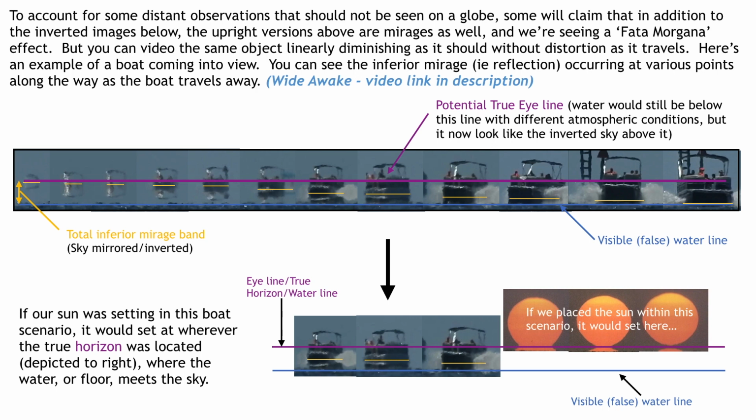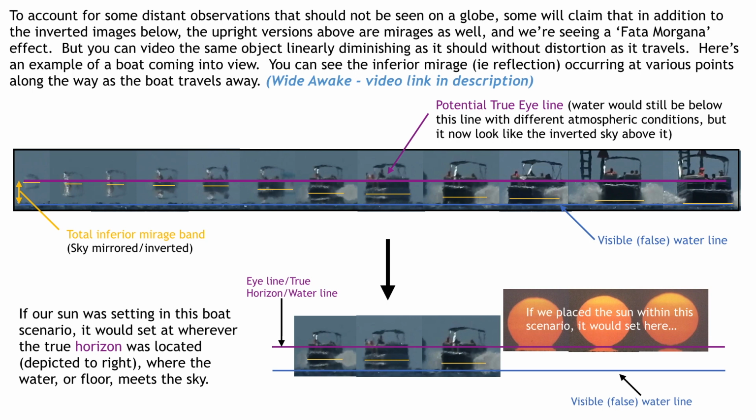But you can video the same object linearly diminishing as it should without distortion as it travels. In other words, this is a real boat. It is the boat. It's not the mirage-affected one. So again, here's an example of a boat coming into view. You can see the inferior mirage, i.e. a reflection, like we'll talk about here in a minute,